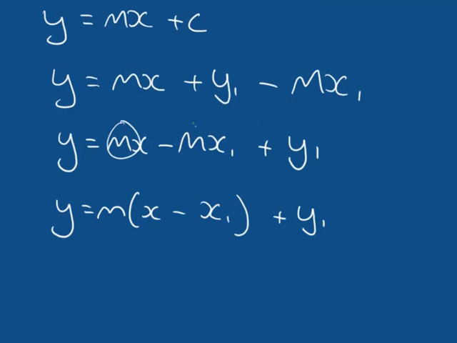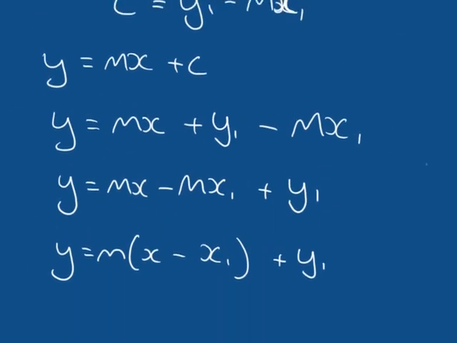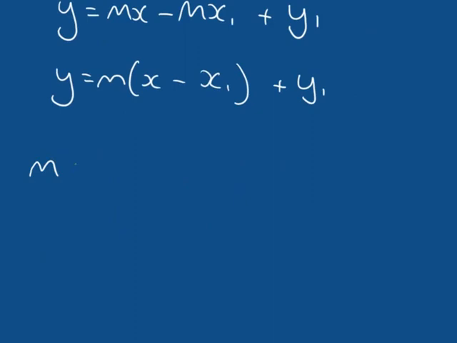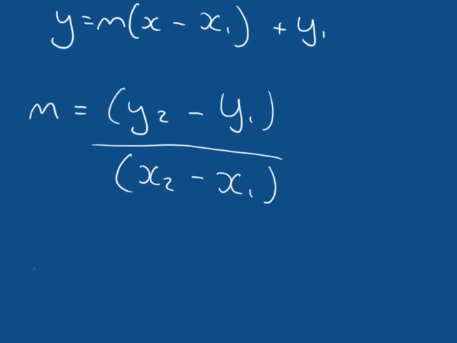I've simply taken m and factorized using m so that we get mx minus mx1, which we have up here. And now that we have this, we know the value of m. We saw on an earlier slide, I believe, that m is equal to (y2 minus y1) over (x2 minus x1). We've seen that, so we can now substitute that into our equation. And that gives us the final generic equation that says that y is equal to